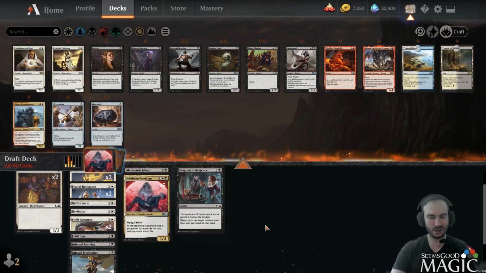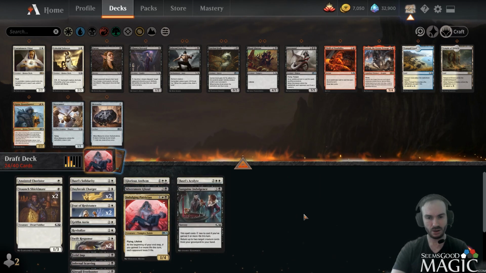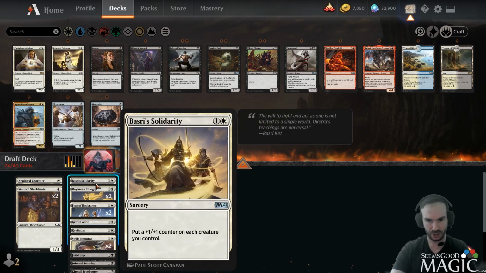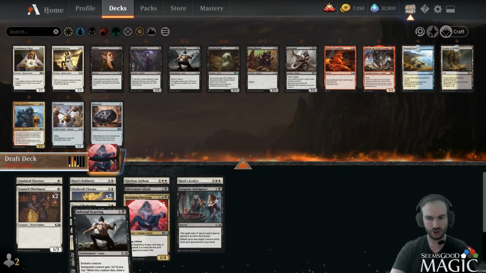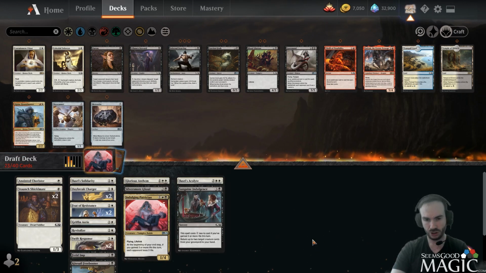I might still cut the Infernal Scarring as much as I like it with Patrician. To me, it makes more sense to maximize the value of our pump effects, of which we have Chargers, Solidarity, Acolyte, Anthem. Like, Scarring, you get more turns of it on a Patrician, and you punish their removal with getting a card draw out of it, but